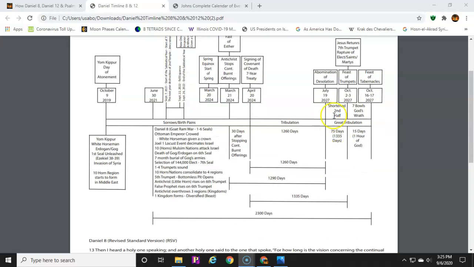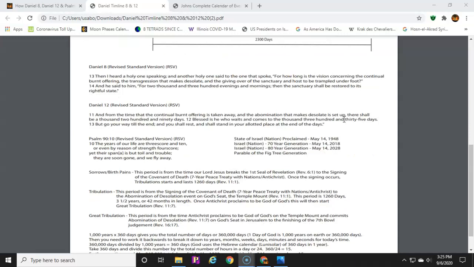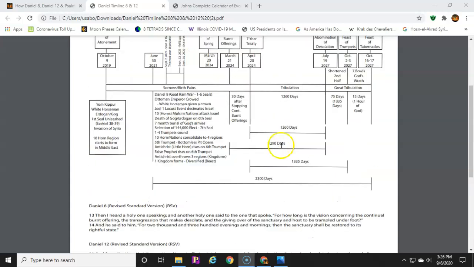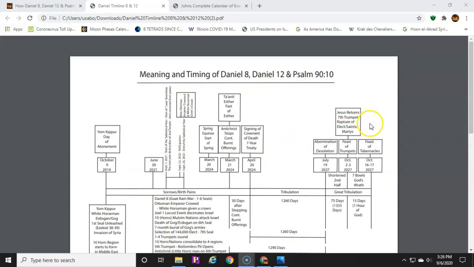Because Psalm 90:10 tells us that it has to happen before the strong generation is gone. And so the beginning of the generation was on May 14, 1948. The normal generation ended on May 14th of 2018. And the strong generation will end on May 14th of 2028. And what does he tell us? That strong generation will not last before we fly away. So it has to happen before the end of the strong generation.